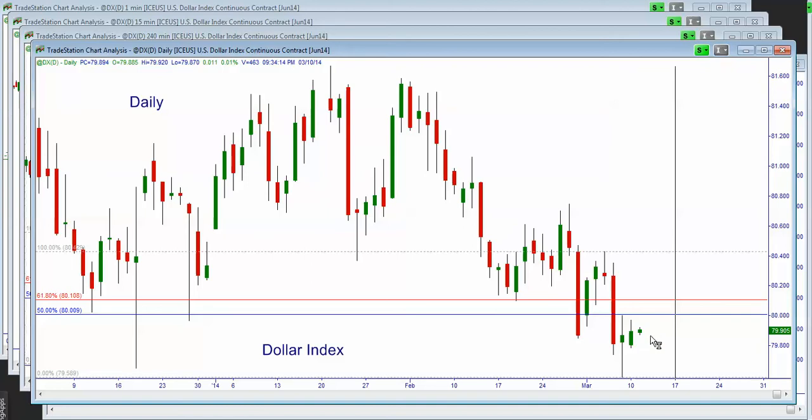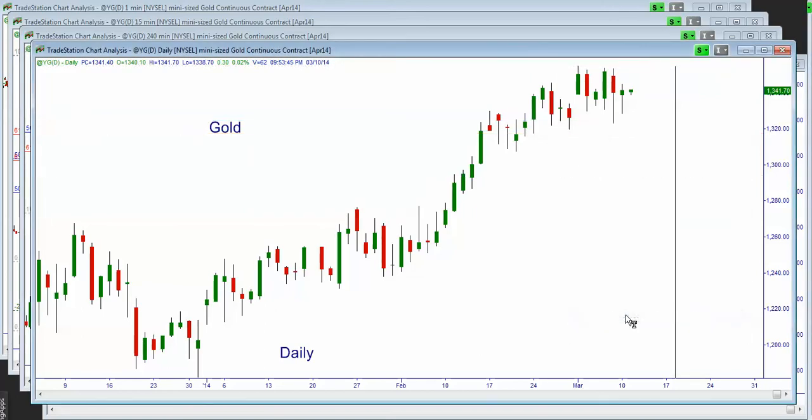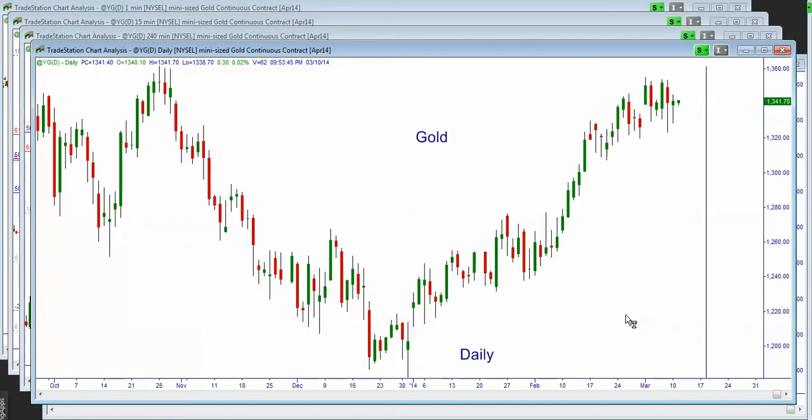So as we're probably going to see the euro dollar moving into 141, there is a possibility that if we retest this 80, the dollar index will just bounce off this level and continue lower. And finally, the gold. Now gold has been enjoying this move higher since the beginning of 2014.